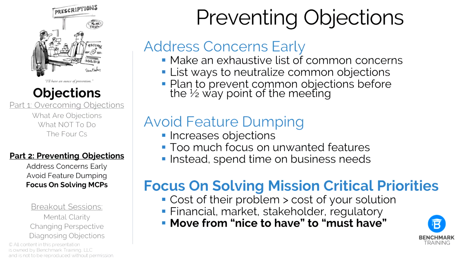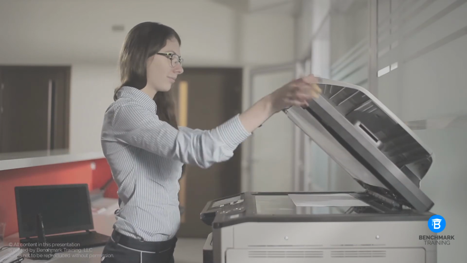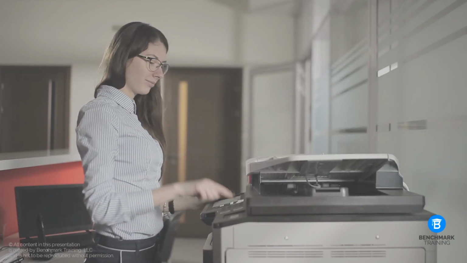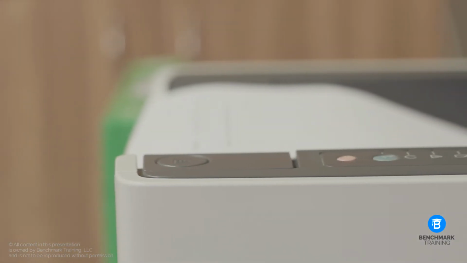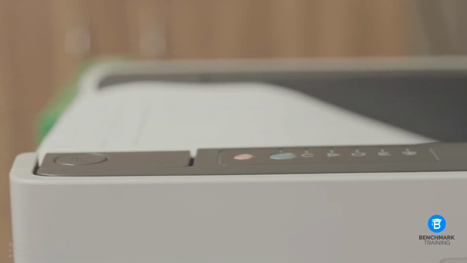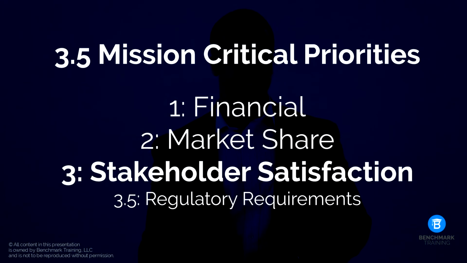And just like the bathroom remodel that's on a homeowner's wish list, it could be years before your buyer finally makes a decision. Here's a more concrete way to look at this concept. If you're selling a printer that breaks down less often, you're not selling a more reliable printer. You're selling more productivity. If you sell a printer that has a print from Wi-Fi option, you're not selling convenience, you're selling more productivity. Ultimately, your solution has to connect to a financial gain, an increase in market share, and/or stakeholder satisfaction.